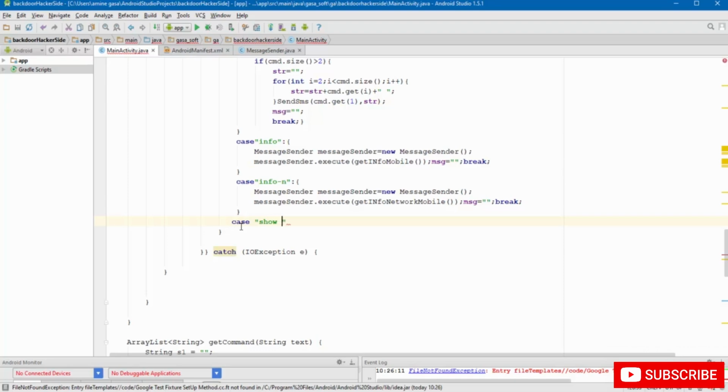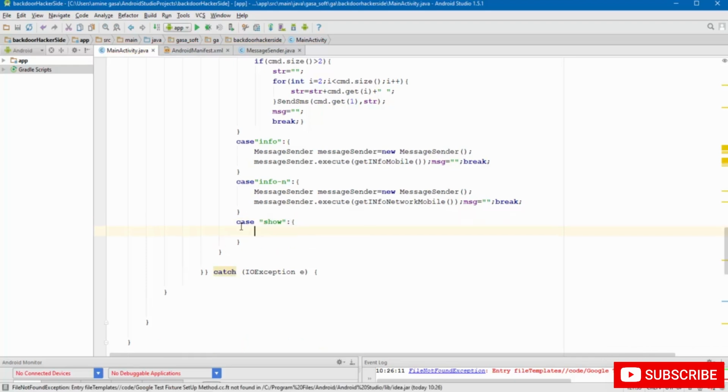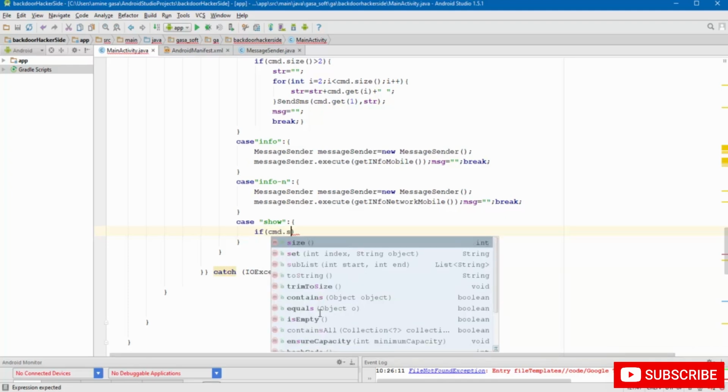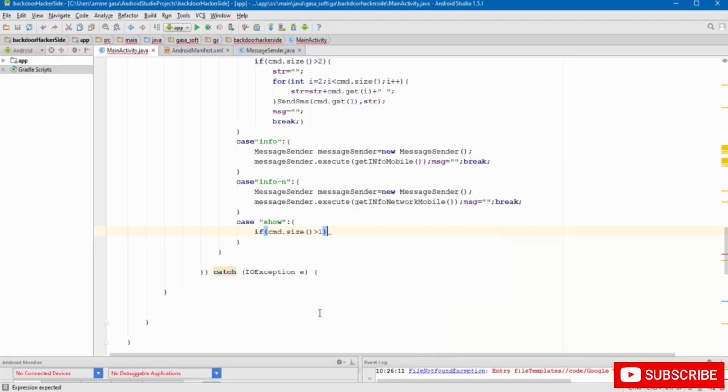If the application receives this command, I first test the data that comes from the desktop application. It should be more than 1 because the first is the command and the second is the text message. If cmd dot size bigger than 1,